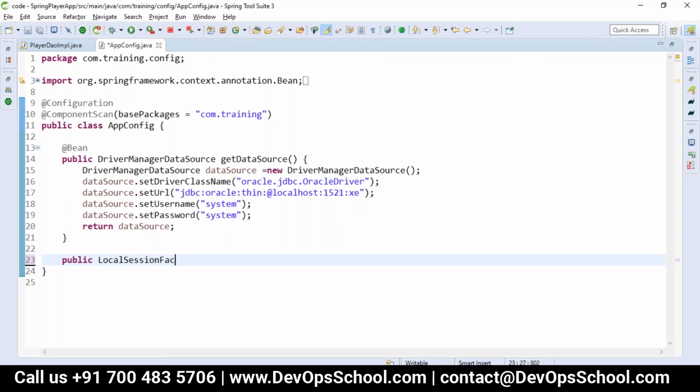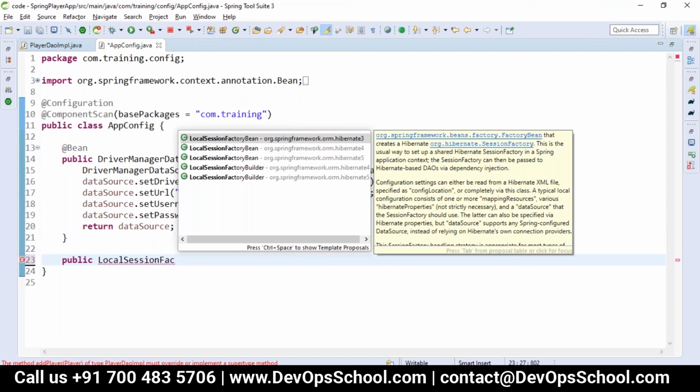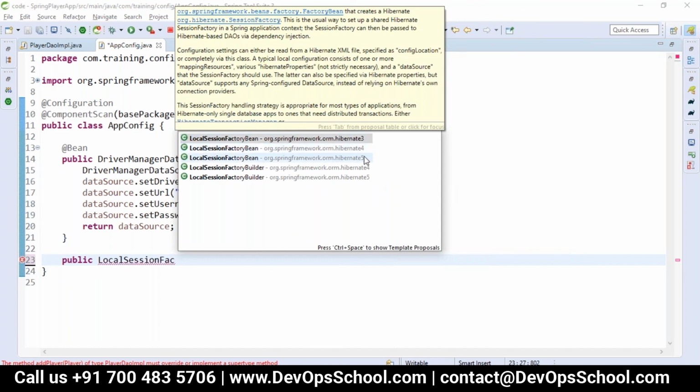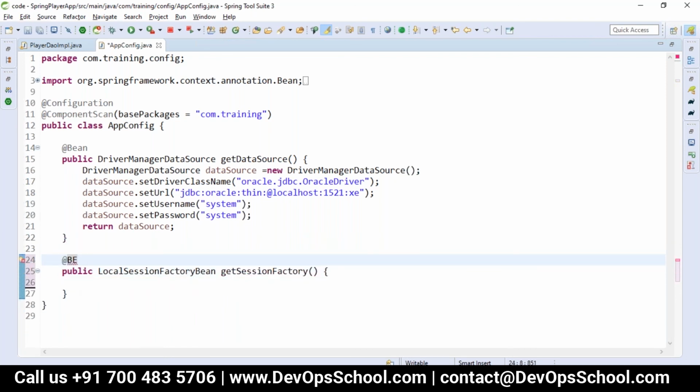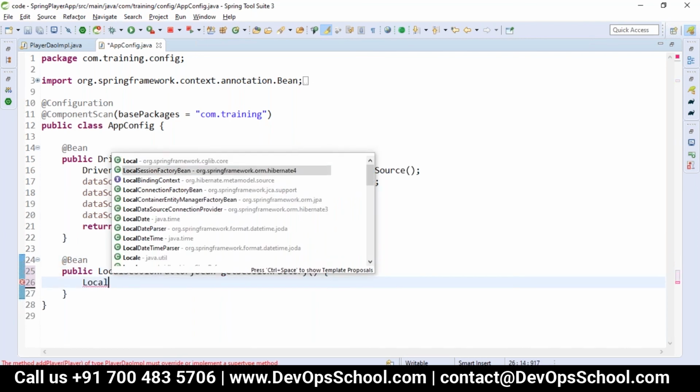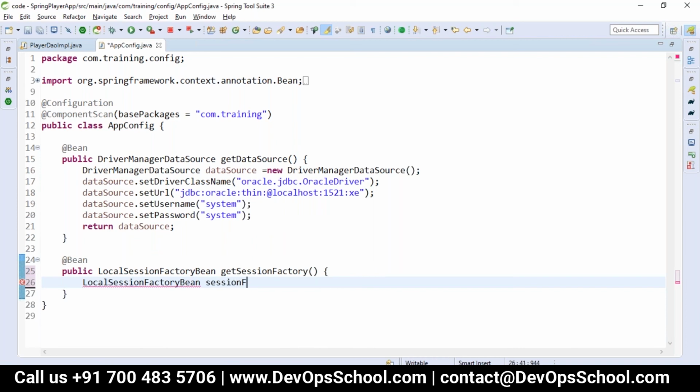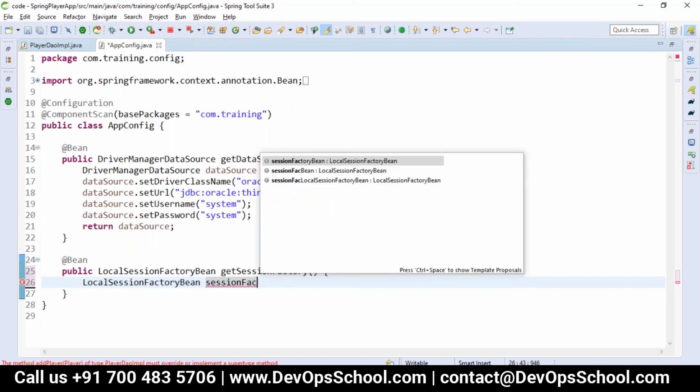LocalSessionFactoryBean depends on which version of Hibernate you are using. You can see Hibernate 3.4.5 is there, but we took the jar files of Hibernate 4. So with Hibernate 4 I've imported LocalSessionFactoryBean and getSessionFactory. It is a bean, a session factory object.